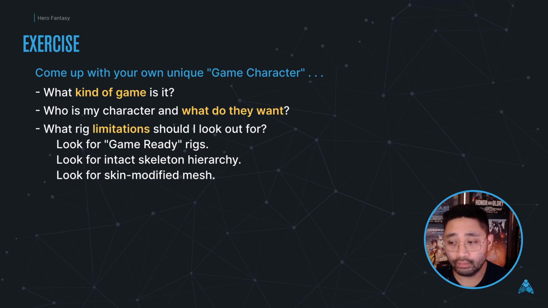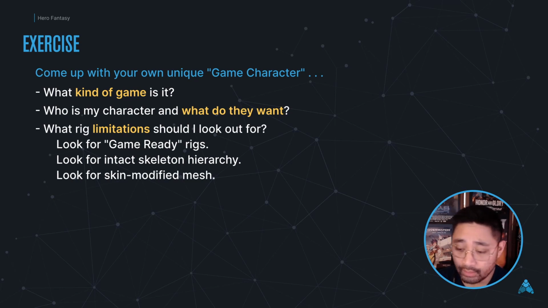And think about what they would be like in gameplay, what would be their signatures, a little bit like how I highlighted that Spider-Man is all about his mobility and his abilities, like his web. And last but not least, and this one's probably way more important than you might think, the character rig and its limitations.